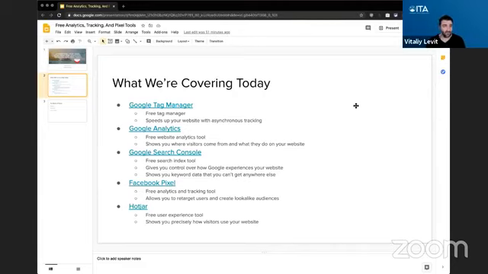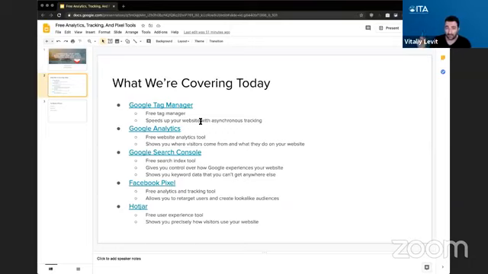So Google Tag Manager is a great free tool from Google. Essentially, if you install a bunch of different tracking scripts on your website, when your website is loading, it will pull all of these third-party tracking codes, and sometimes it may slow down your website because it has to wait for a response from that third party in order to load that tracking. And so Google Tag Manager essentially is a single line of code or a single tracking tool that